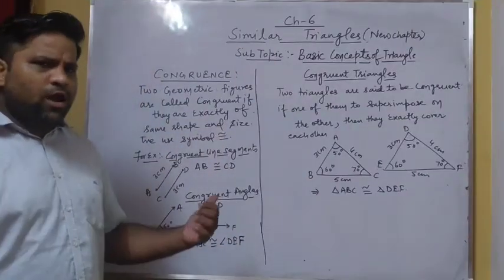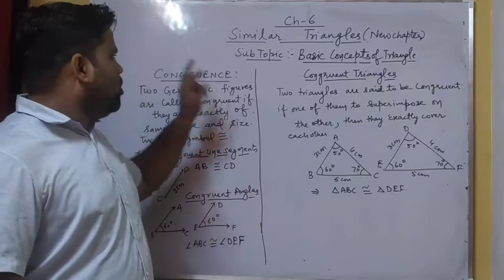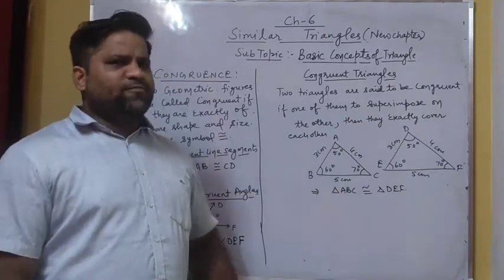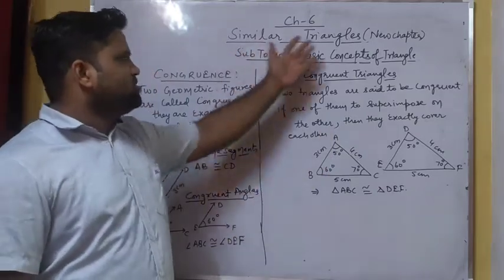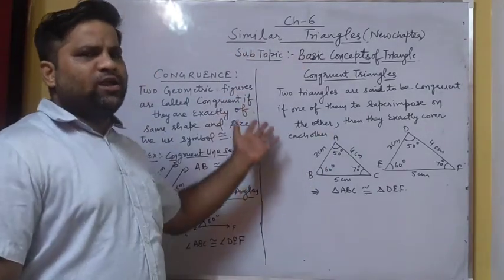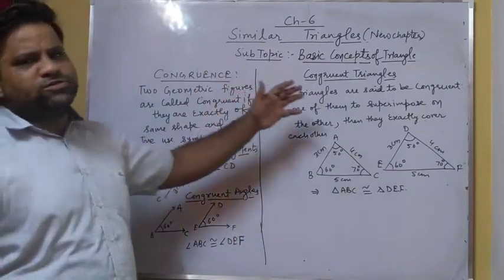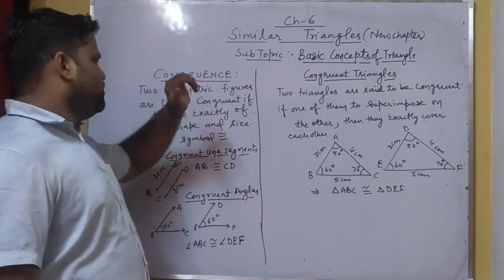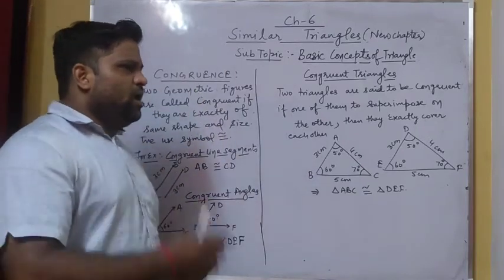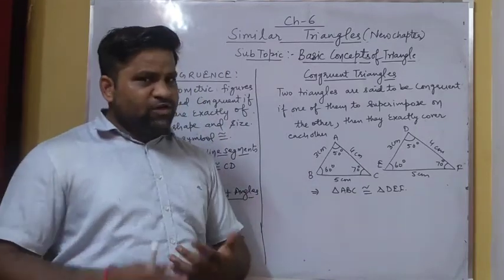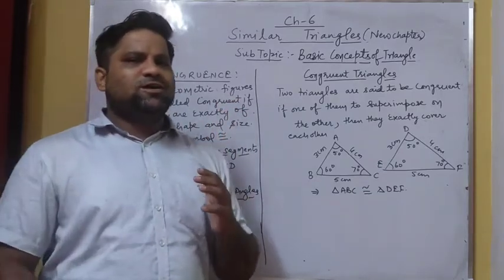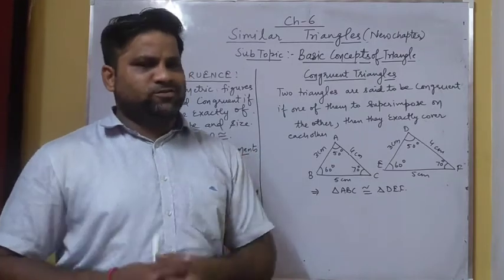As we have studied what triangles are and their types, another property is the congruence of triangles, which we studied in class 9. That concept will also help you to understand the concept of similar triangles. So let us revise the concept of congruent triangles. Before understanding this, we need to understand the meaning of congruence. Two geometric figures which are of the same shape and size are called congruent figures.